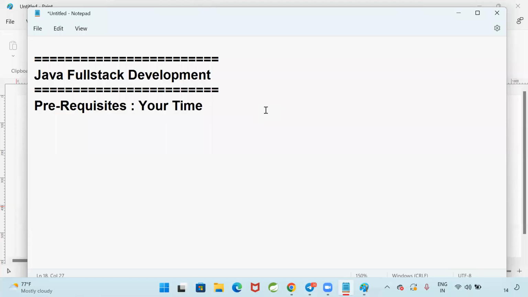You need to spend a minimum of 5 months to become a full stack developer, because there are so many technologies, and we need to learn them and develop real projects with your own hands. You need to write the code, then only you will be called a full stack developer. So there are no prerequisites. You need to have your time, your dedication and commitment.